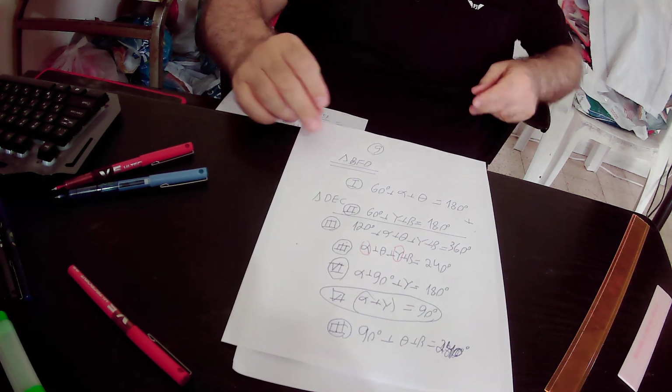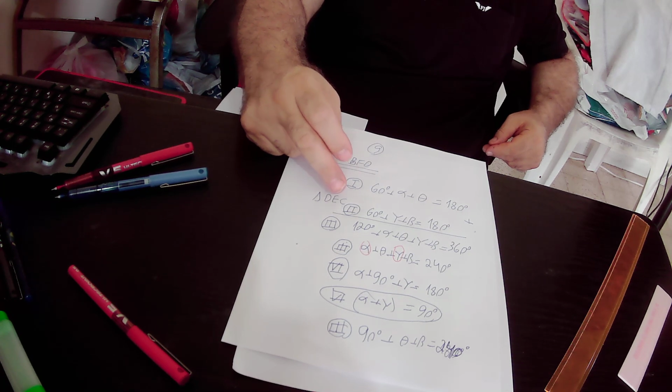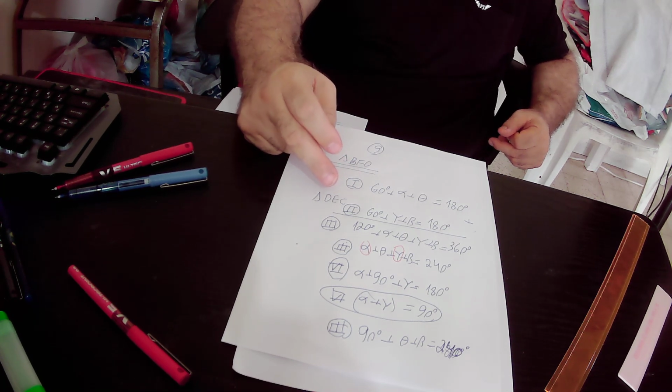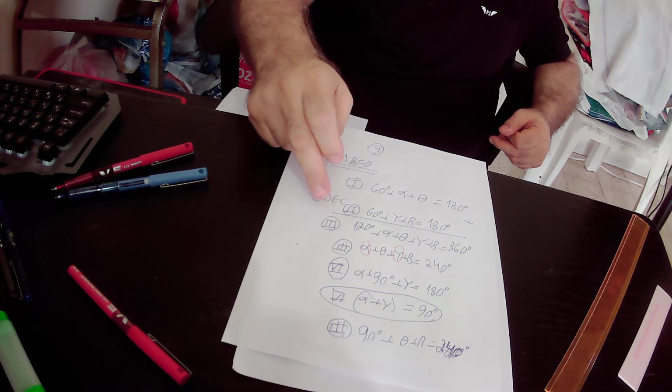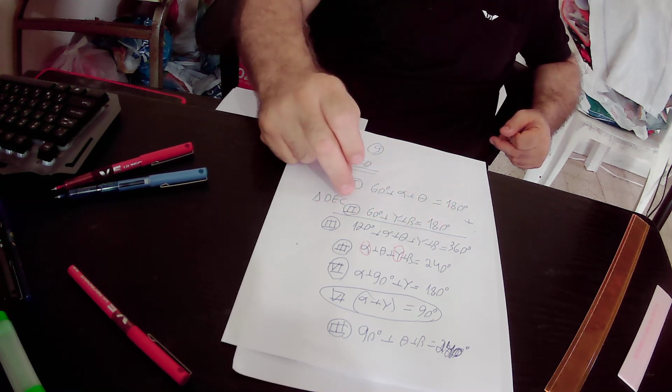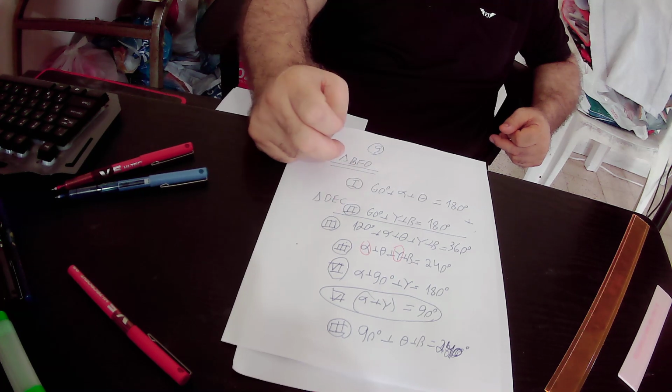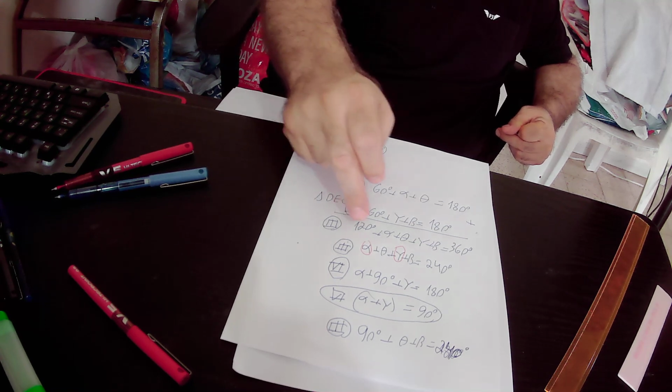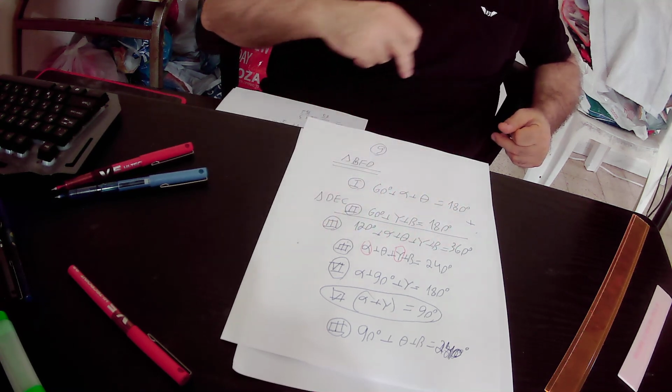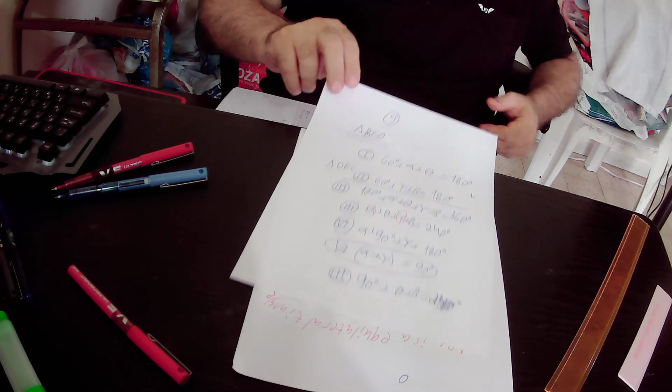Then we added equation number 1 to equation number 2. We got equation number 3 by adding equation number 1 to equation number 2. And this is the third equation, and we created the fourth equation